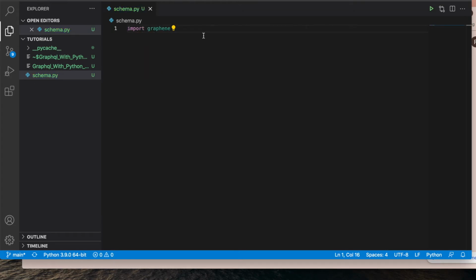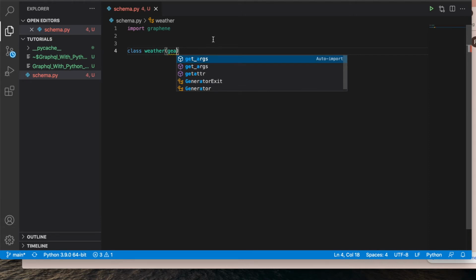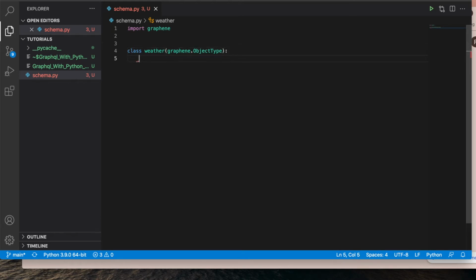Let me write something, maybe import graphene. I believe graphene is required here. Then maybe I can write class Weather, which is going to be a graphene ObjectType. Then I need, let's say, city is going to be graphene.String.